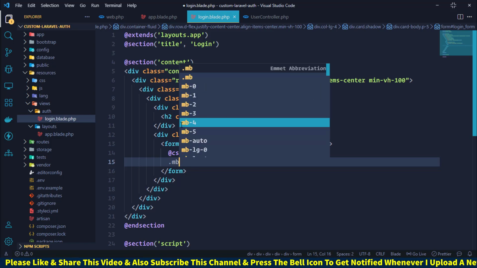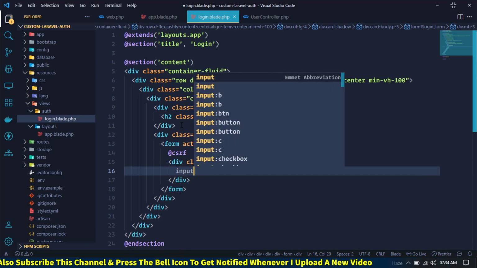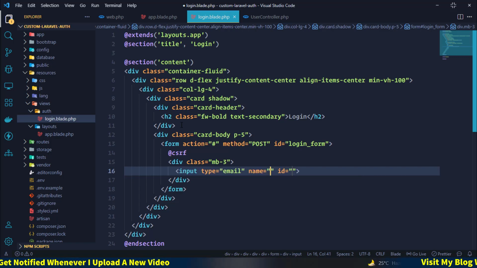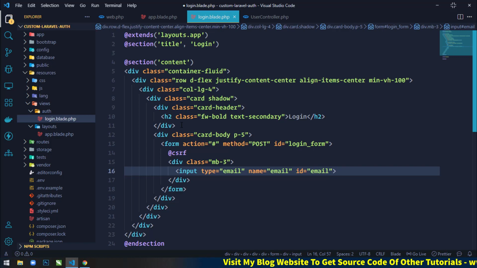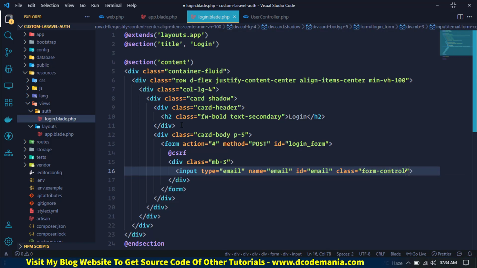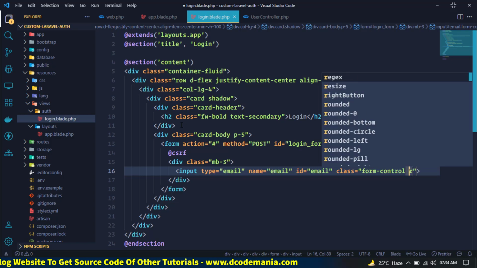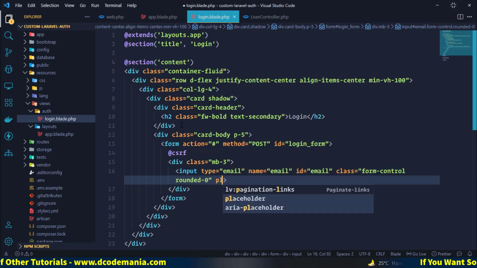Now just below this I will create a div with margin bottom 3. Now I will create two input fields, one for email and the second one for password. Here I will use an input of type email, in name I will write email, in id also I will write email. I will use the Bootstrap class form-control, and I will also use rounded-0 and then placeholder